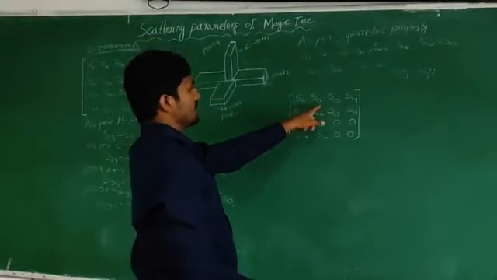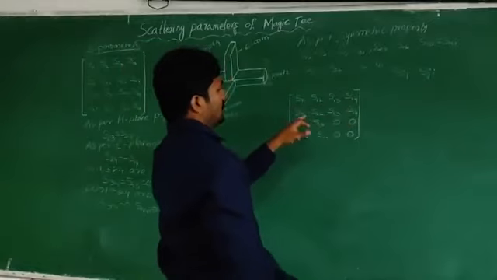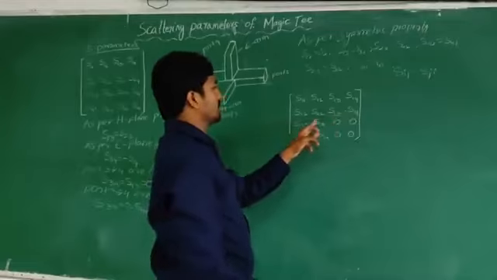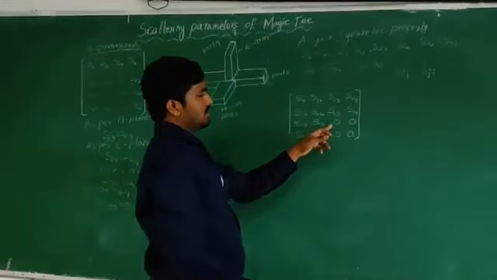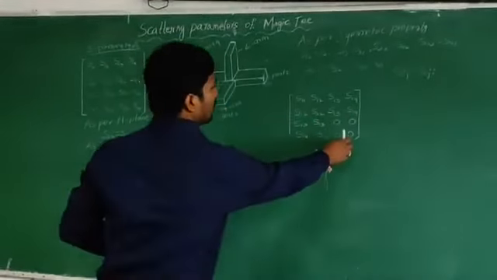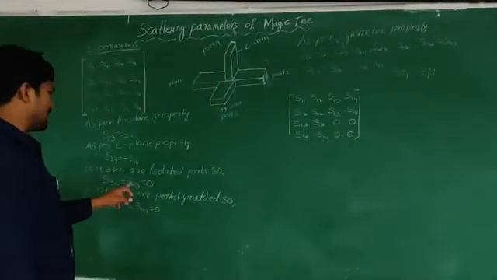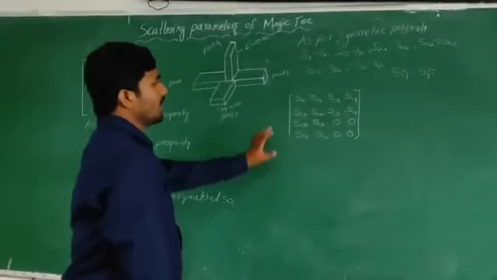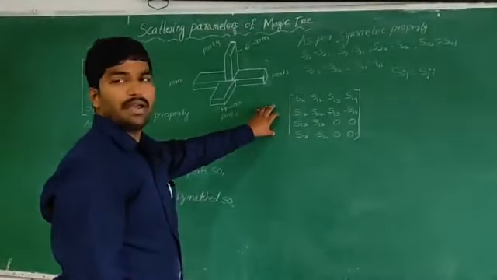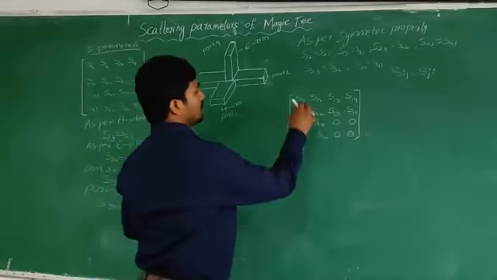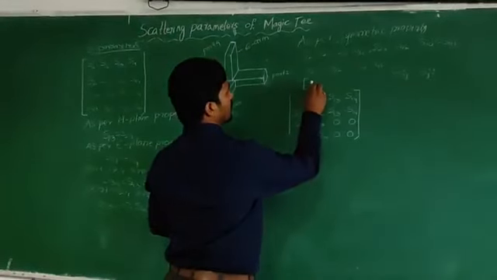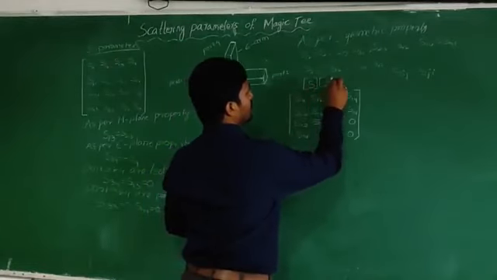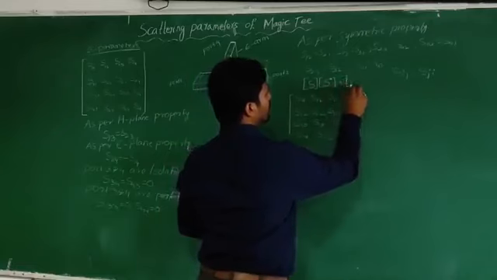That is S11, S12, S13, S14, S12, S22, S13, minus S14. Here S13, S13, 0, 0, 0, 0. We are substituting the values of S34, S43, S33 and S44. Okay, we are applying one more property, the unitary property, that is S times the conjugate of S equals the unitary matrix.